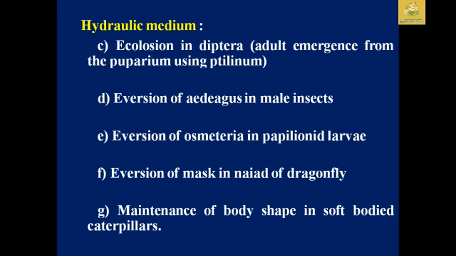And as a hydraulic medium, it acts in eclosion in Diptera, where the adult emerges from the puparium using the ptilinum, as well as the eversion of the aedeagus in male insects, and the eversion of osmeteria in Papilio larvae, and the extension of the mask in the nymphs of dragonflies, and it is also used in the maintenance of body shape in soft-bodied insects like caterpillars,